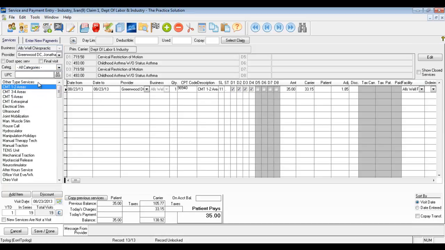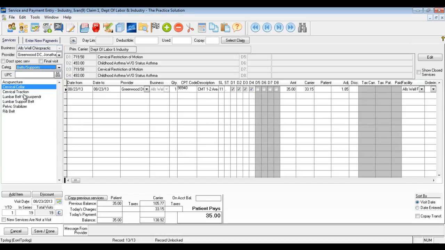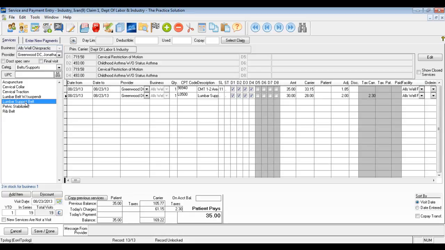A CMT 1 to 2, and a belt. Let's say a lumbar support belt. Okay. Here you can see that they're in the order I entered them in. We have the visit dates, we have the provider, the business they're attached to, quantity, here's the CPT code and description, source location, and source type, the diagnoses pointers, here's the total amount charged for the service, and the breakdown